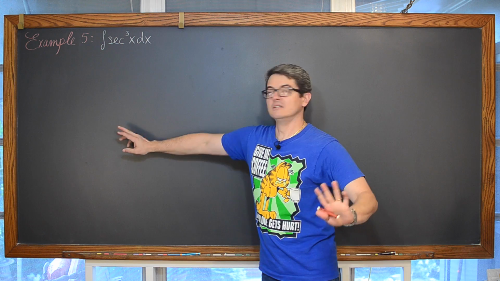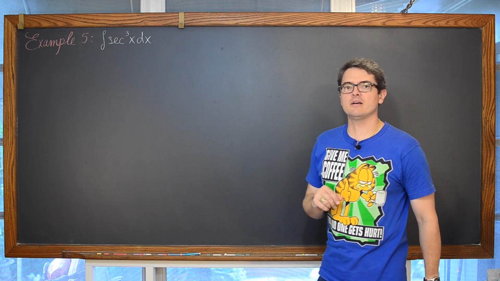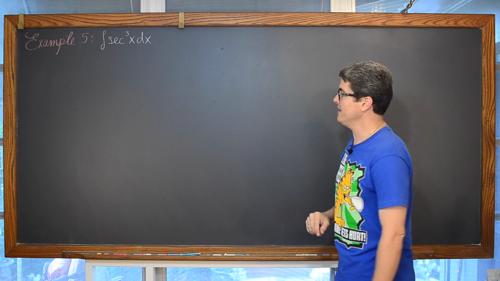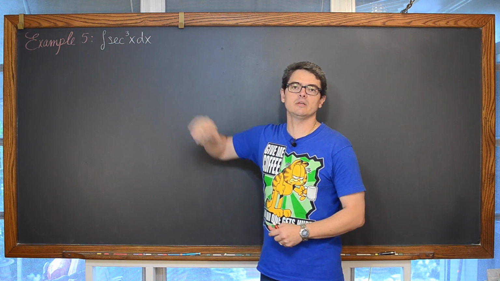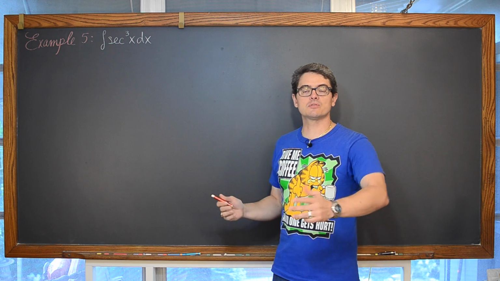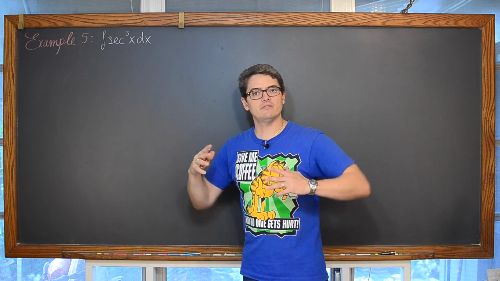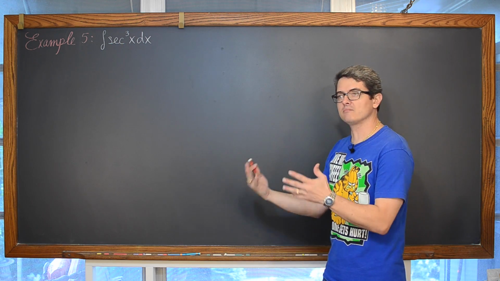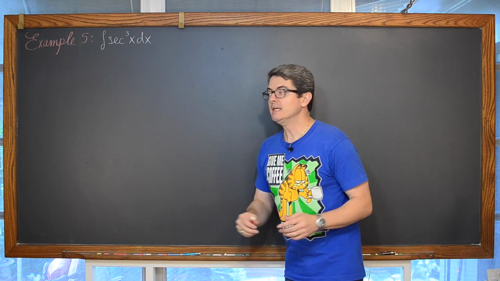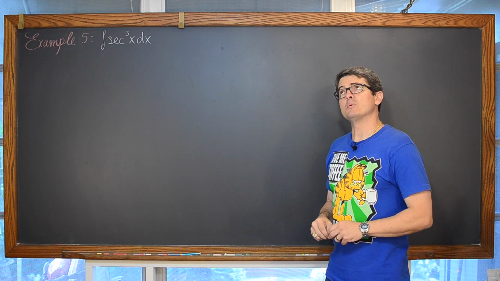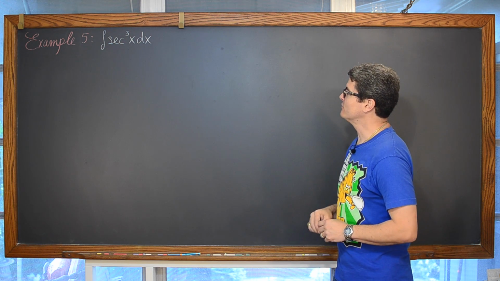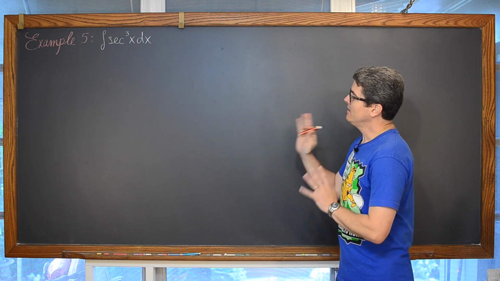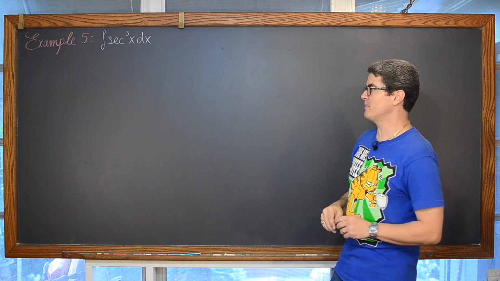It's our last example. Example number 5, we have the indefinite integral of secant of x cubed dx. Now this is a pretty innocent looking example. It looks very similar to the one we did earlier, which was just having a factor of tangent being raised to an odd power, and you saw that that really worked out pretty easily, except for the fact they gave it a 7th power, and we had to do a couple of repetitions of the same type of process, but it was not a big deal. Here, it's going to be a little bit more of a big deal.